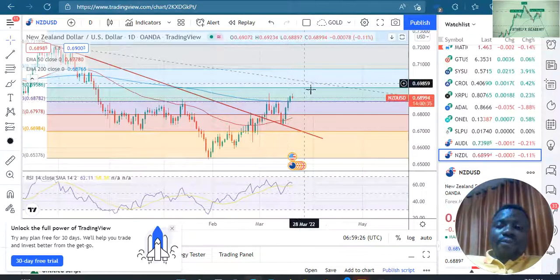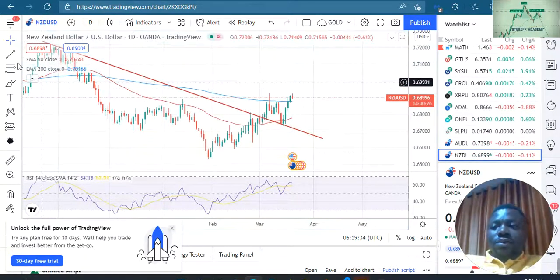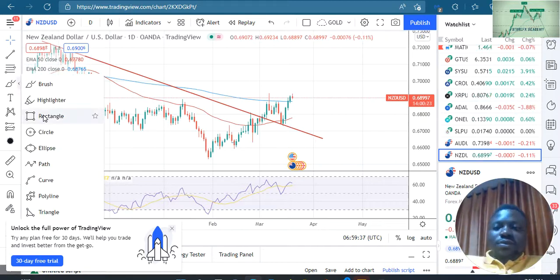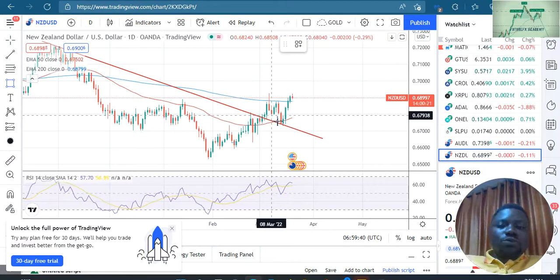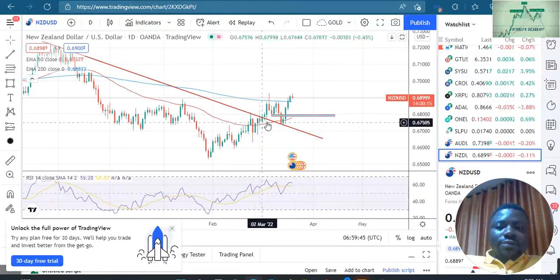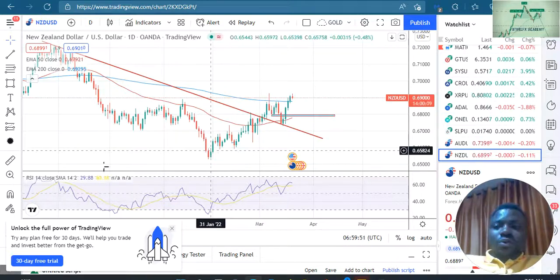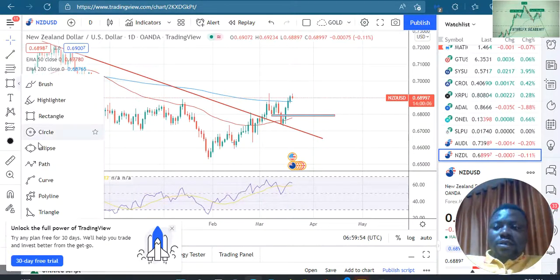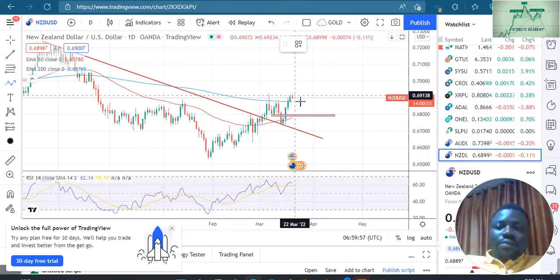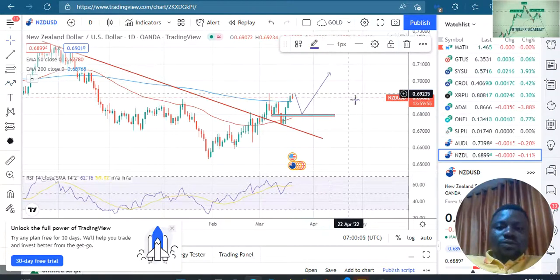So what we are looking for is a correction to give us something of a support that we can now take to join a buy move on the daily time frame. So according to what we have here now, we have a support here. So hoping to see NZD drop back to this level, then make a move. So we are on the lookout,